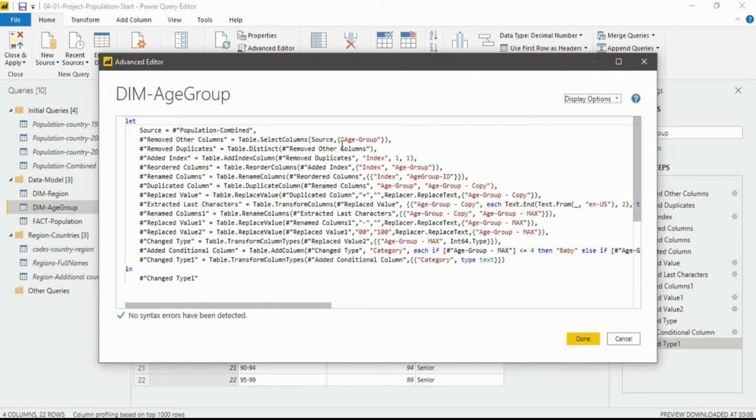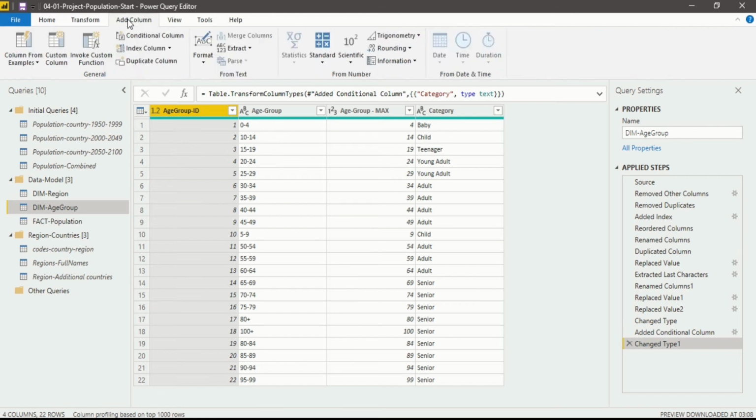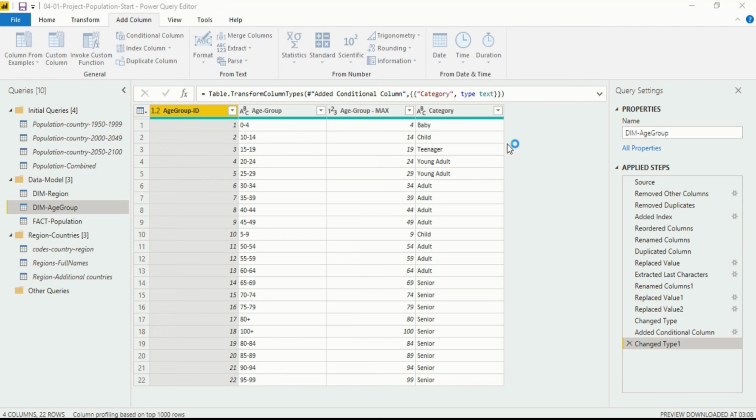Before doing anything, I will tell you how to add a new column in our data set. So how to do that? For doing that, let us add one column. How to add a column? That is quite easy. If you go into Add Column, you will add a column from here. In here you will see in the General section you have an option of Custom Column. When you click on Custom Column, one box opens up.